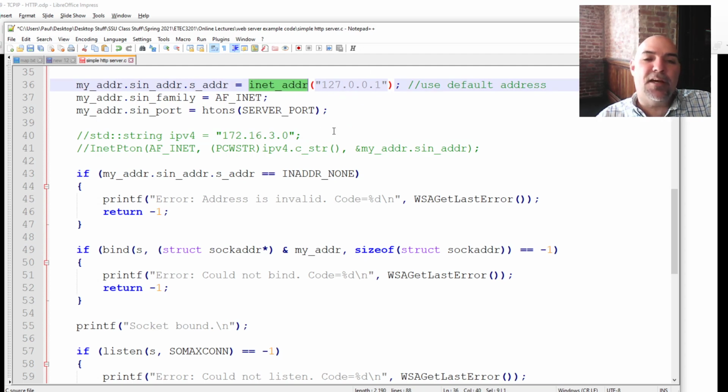So note that I believe in Visual Studio it complains about using inet_addr and it wants you to use the inet_pton function. So here's the way you would use that here in these comments. All right, anyway,